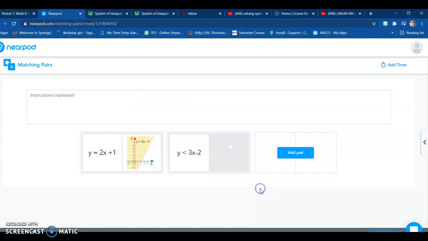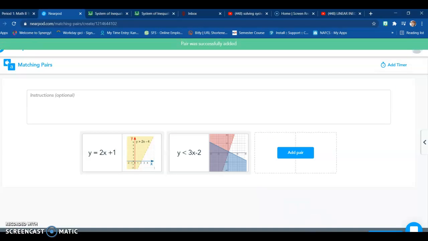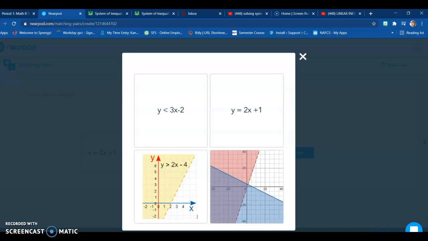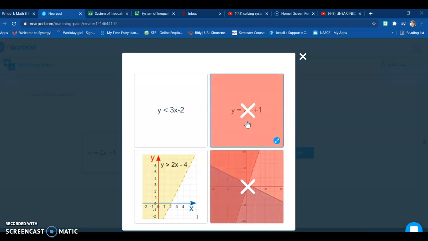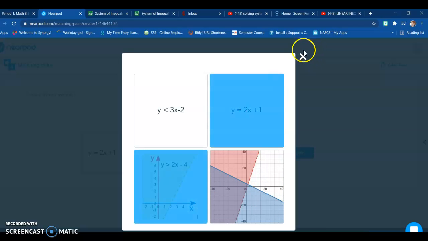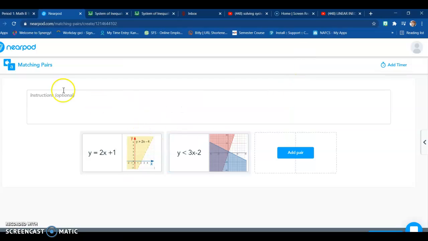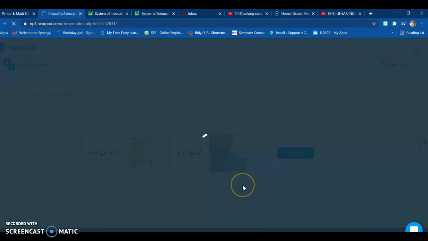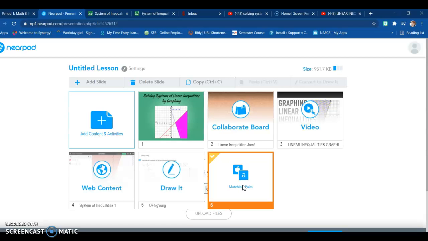I'm going to say done, and I can have a preview of the activity. This is what the students are going to see, along with my instructions, and this is how, in this case, they're going to match it. It's really cool. Another one I want to show, and again, I can't go over all of them in this short time. I'm going to go back, let's save this, and we can go ahead and add